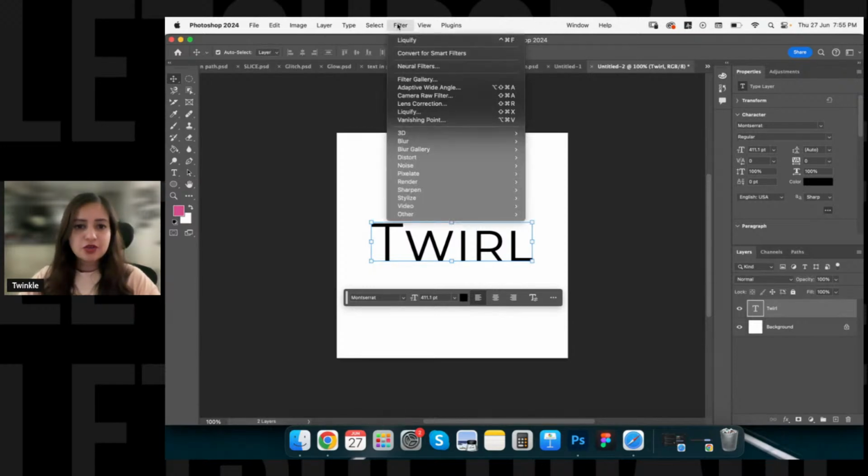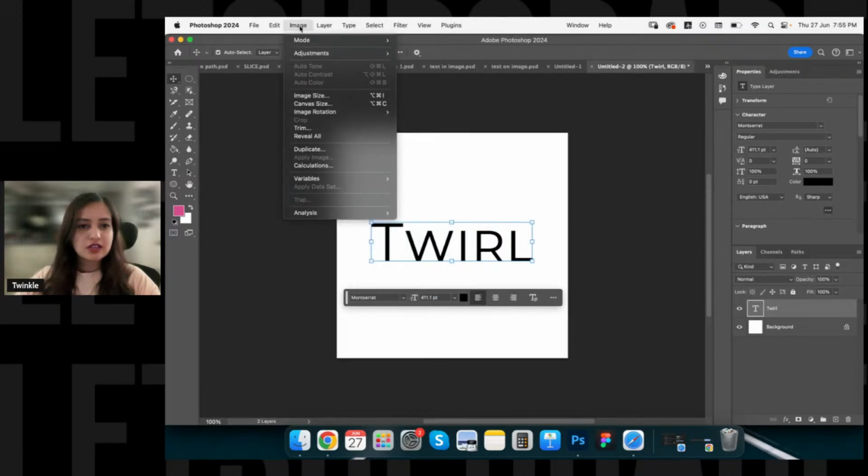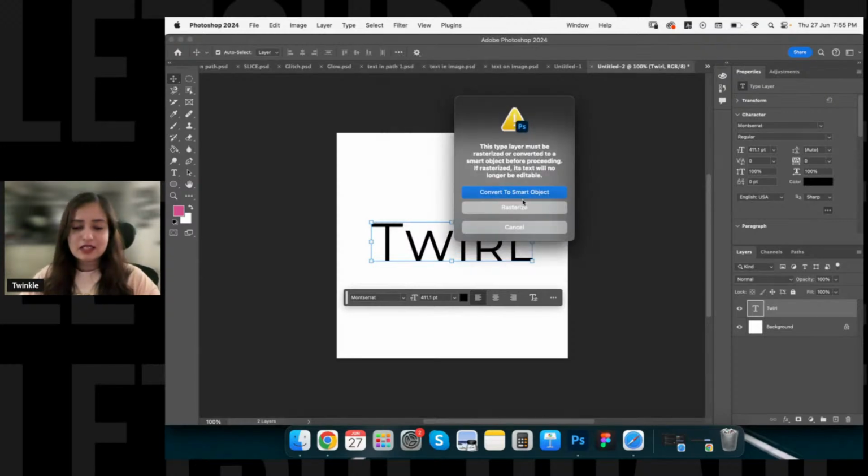I think I keep forgetting where all these options are. Right, it's in distort and twirl. So what I've done right now is I have just simply added a text, went on to filters, distort, and